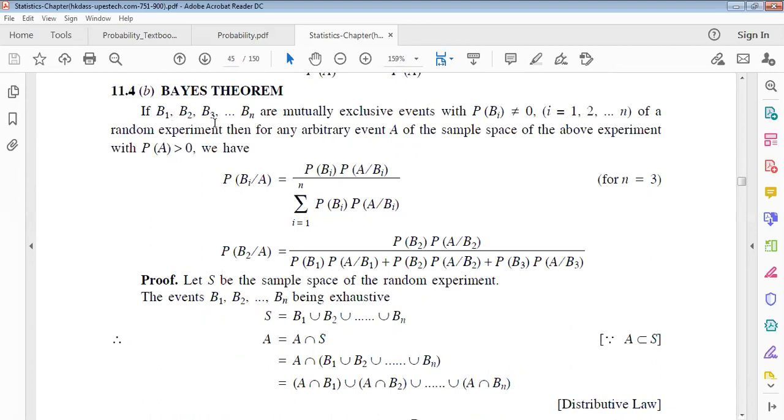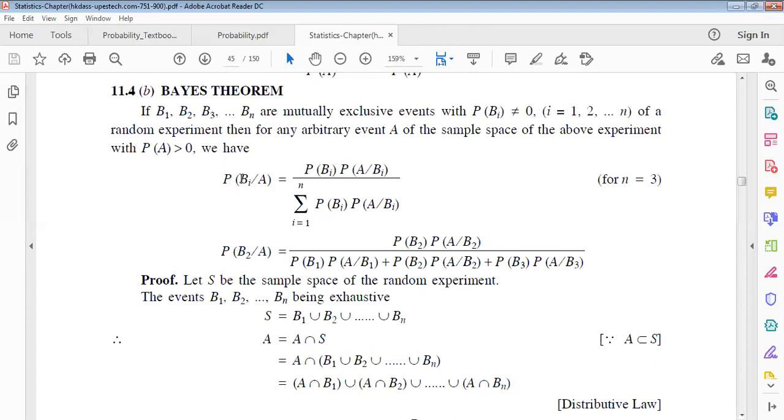If B1, B2, B3 up to Bn are mutually exclusive events with probability of Bi not equal to 0, that means these probabilities are non-zero, where i equals 1 to n, of a random experiment, then for any arbitrary event A of the sample space of the above experiment with probability of A greater than 0,